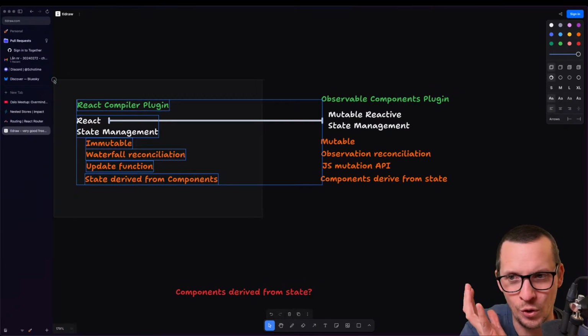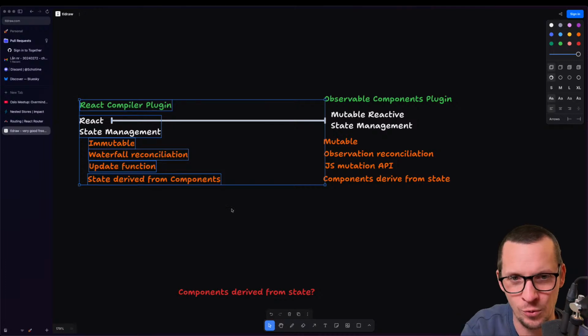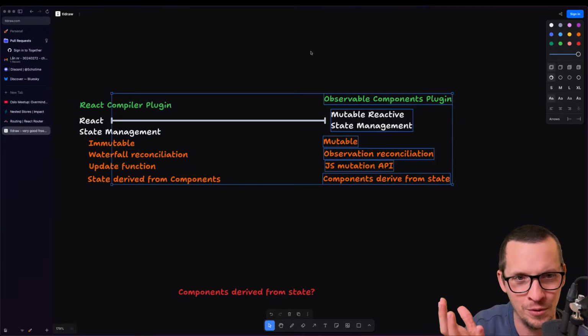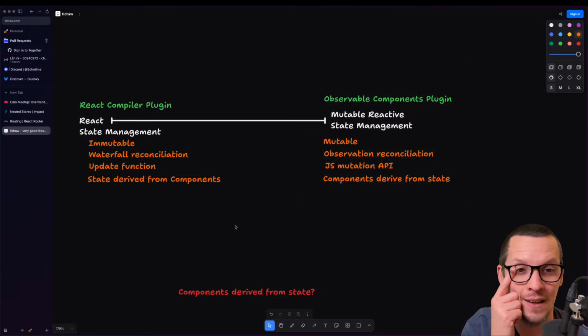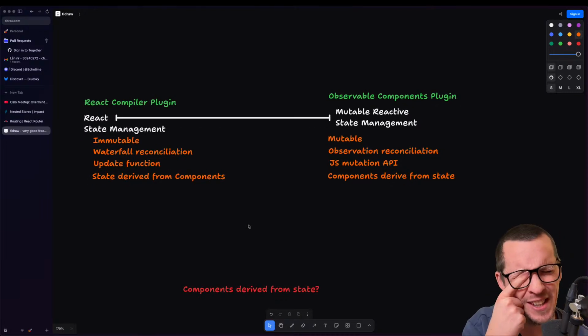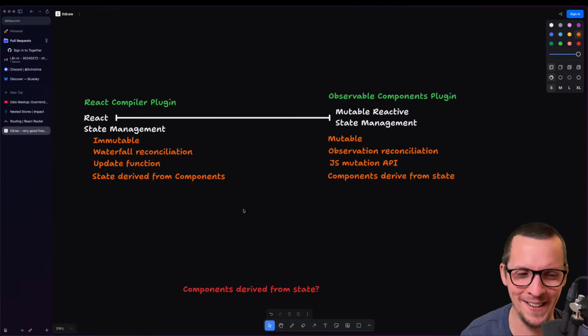But talking about how to do this in a good way, that's worth doing, I think. So what does that mean? That means that we're not gonna have use reactive.